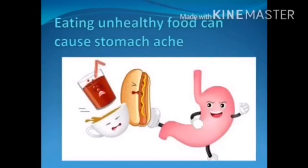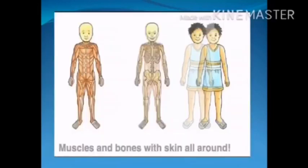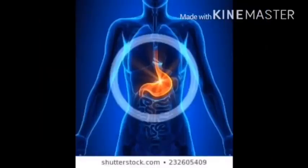And last for the day is bones and muscles. Bones give shape to our body. Bones and muscles together help in moving, running, and